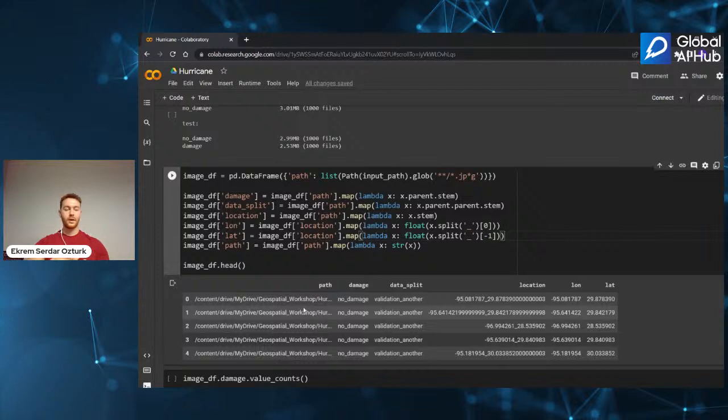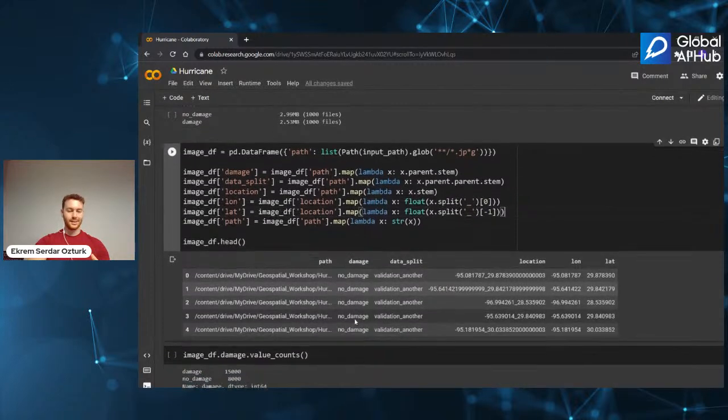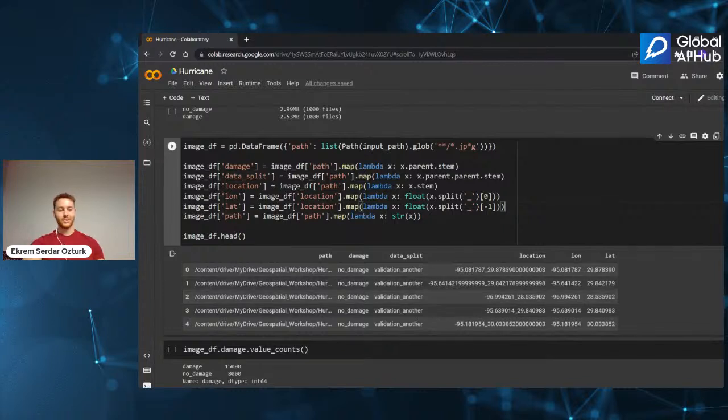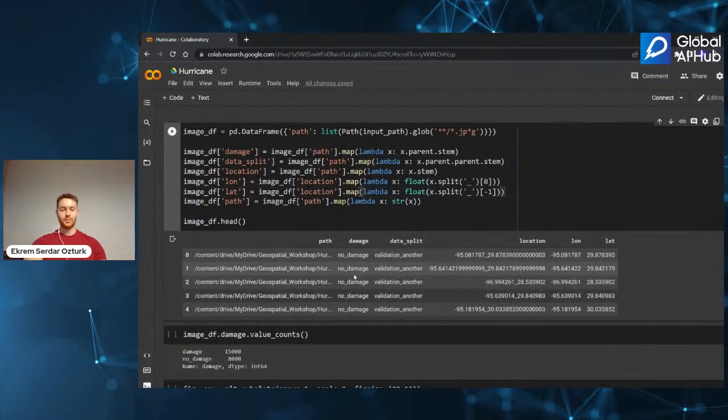We get the JPEG files, and the path column has every image's path. After that, we create a damage column. It shows that this picture is a no-damage picture, but there are also damaged pictures. So the damage column shows no damage and damaged ones. Data split shows us which set the image is from, and the location shows the longitude and latitude.